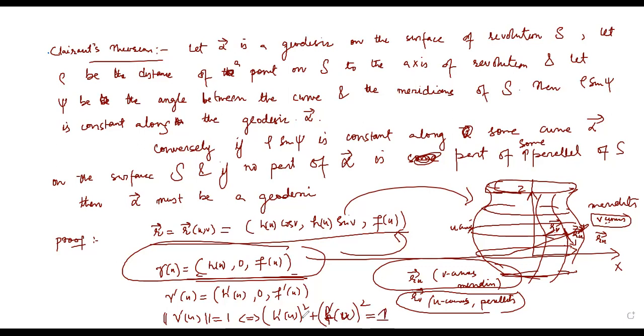So that would be the condition if I choose my profile curve or the generating curve to be unit speed, which I can do because it has to be a regular curve in order to generate a regular surface। Okay, so let me write down this in words कि अभी तक मैंने क्या किया। Proof।